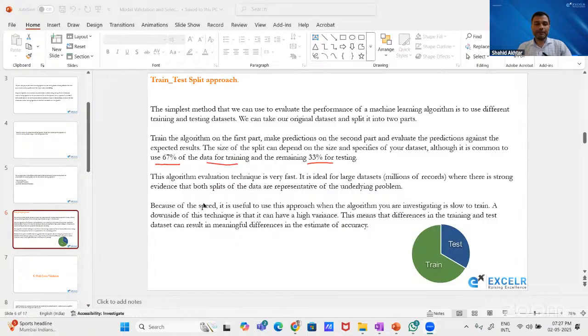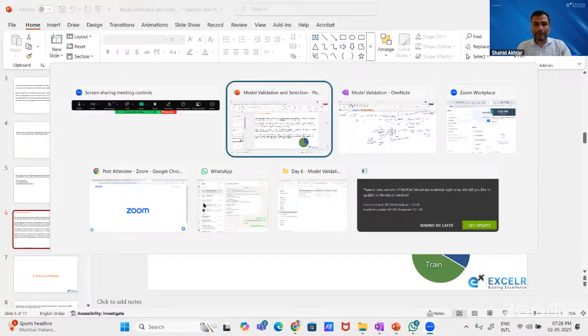We will implement this and see whether there is any drawback of the train test split approach or not, when we split our data set into training and test. Is this the best way, or does it also have some drawbacks or limitations, so that we can go for a new technique? So let's move to our